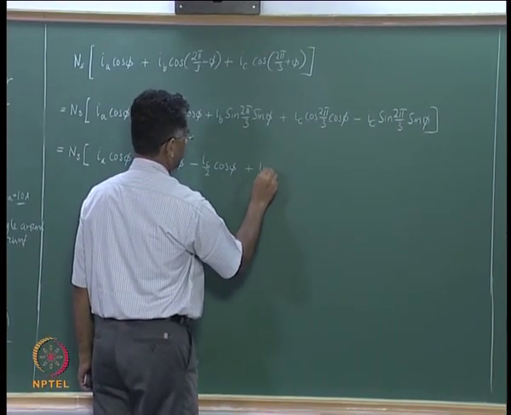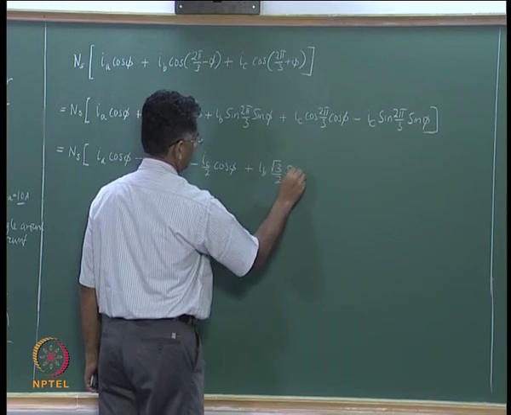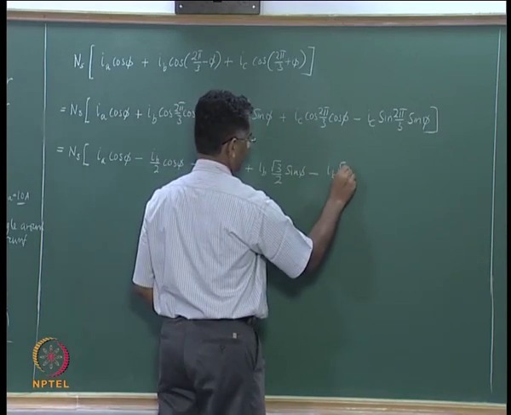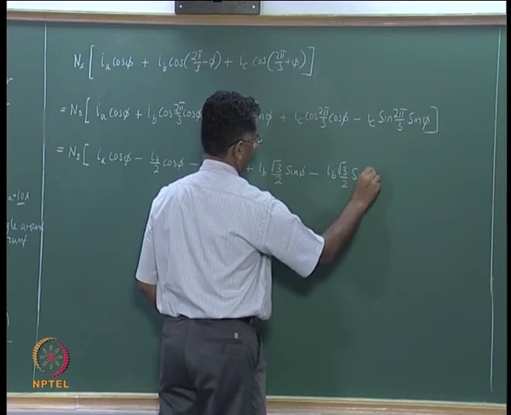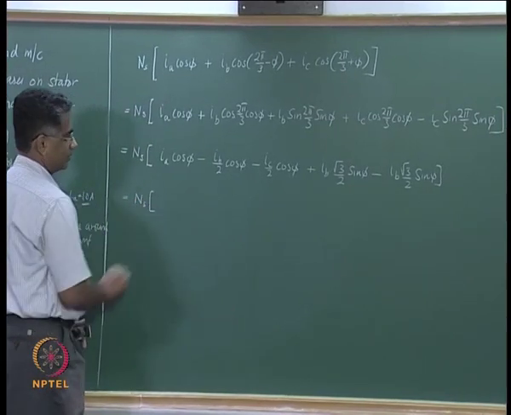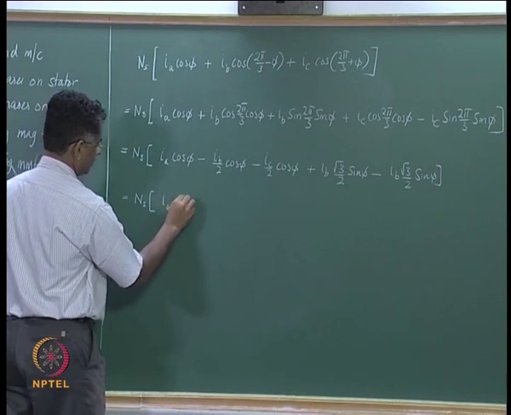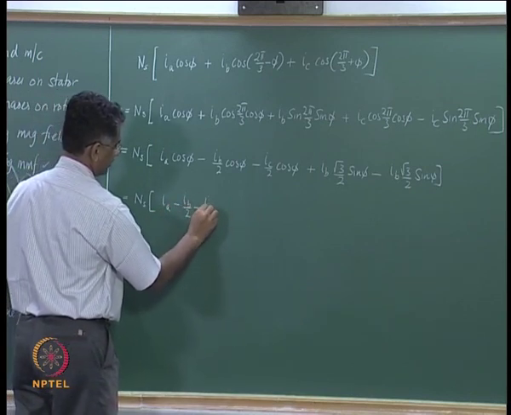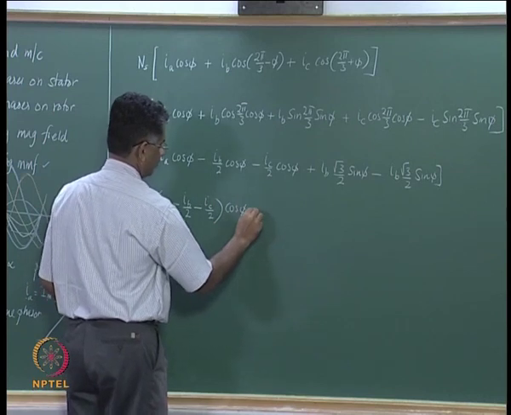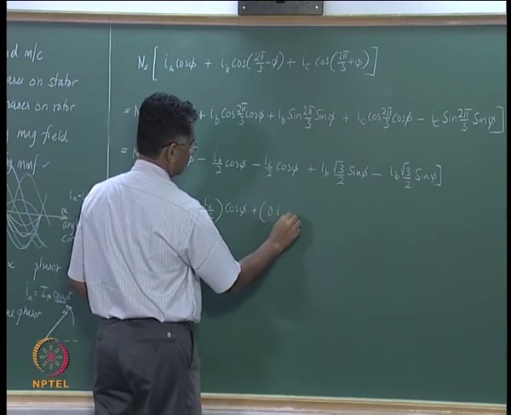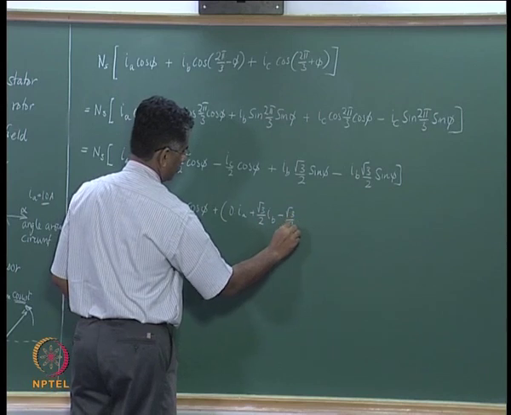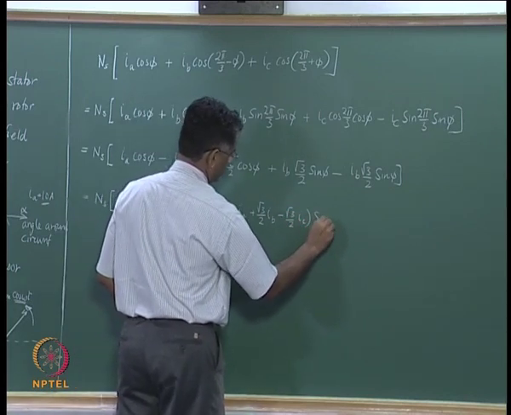So, plus Ib into root 3 by 2 sin phi, and this is minus Ic into root 3 by 2 sin phi, and therefore, we can now group these terms together, Ia minus Ib by 2 minus Ic by 2, this whole thing multiplied by cos phi plus 0 into Ia plus root 3 by 2 into Ib minus root 3 by 2 into Ic multiplied by sin phi